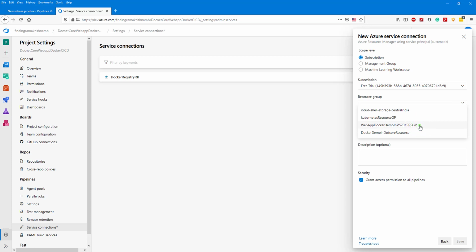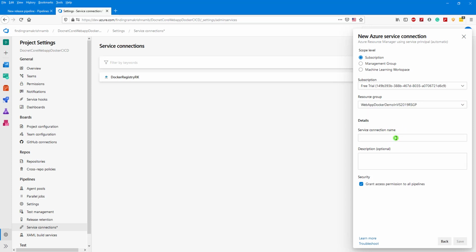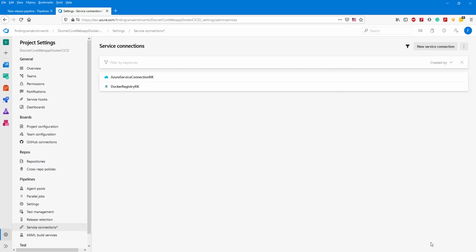Select the resource group we created, give a service name, create the Azure service connection. Now we successfully created the Azure service connection and Docker registry.